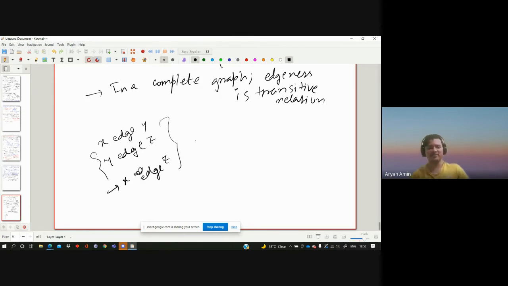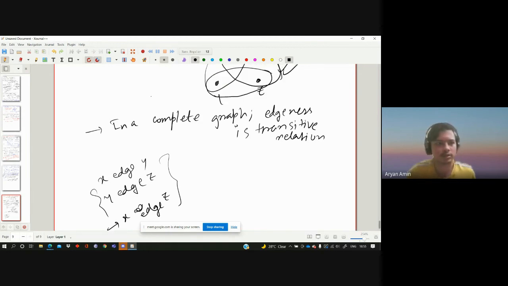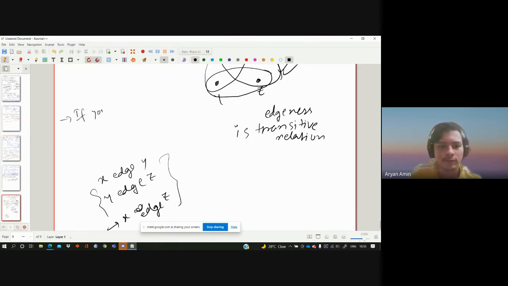Because, okay, this is not just for a complete graph. This is for a bunch of complete graphs. So okay, I'll just erase this. I'll write it in a better language, maybe. If your graph